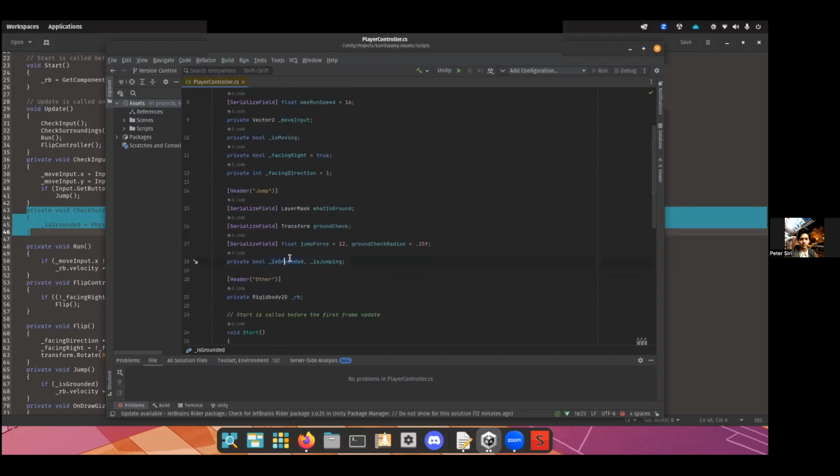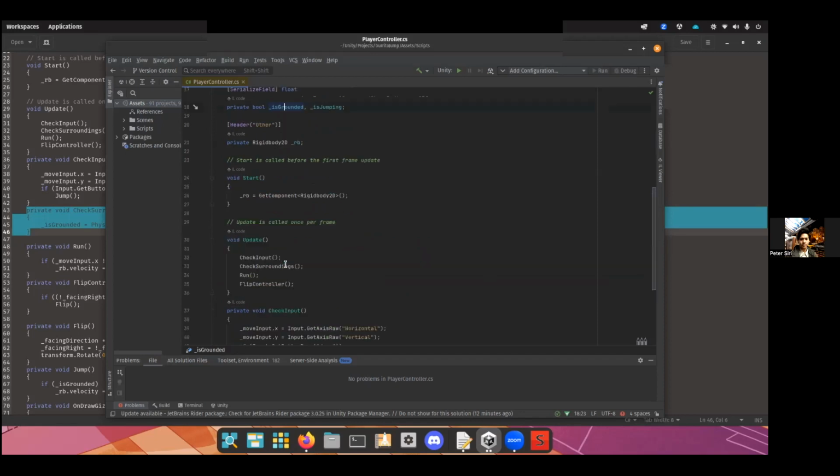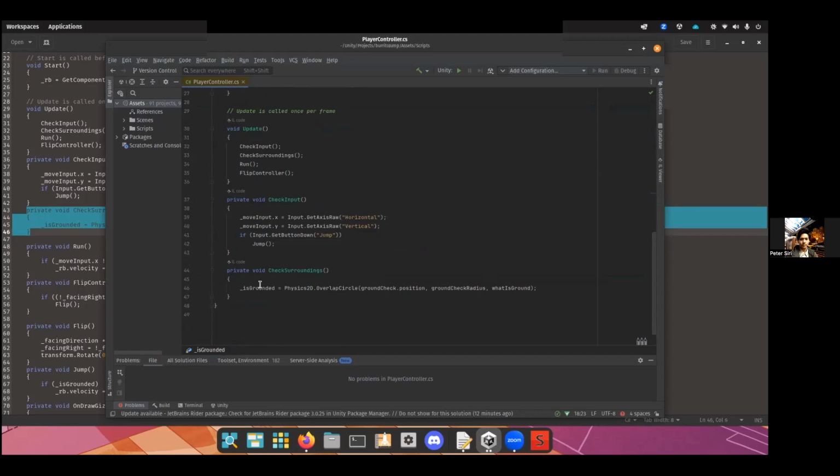Right up here, we just declared the isGrounded Boolean variable. So if grounded is true, basically, this function is actually a lot simpler than I anticipated, so there's not a lot I have to articulate. You're basically assigning this Boolean variable to whether or not the physics object is actually interacting with the ground or